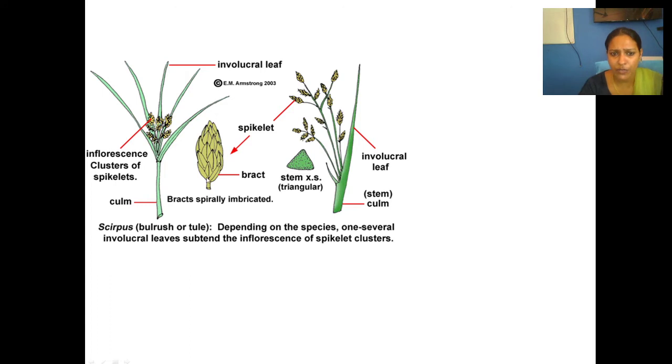The arrangement on the rachilla, you could see a lot of small spikes with sessile flowers. Then the arrangement is known as the spikelet, and the spikelet also has some important inflorescence features. See the leaf base covering our pedicel. See, this is a very interesting feature. See the arrangement of the spike flowers, that is known as the spikelet. There is an involucral leaf also for supporting these spikelets.